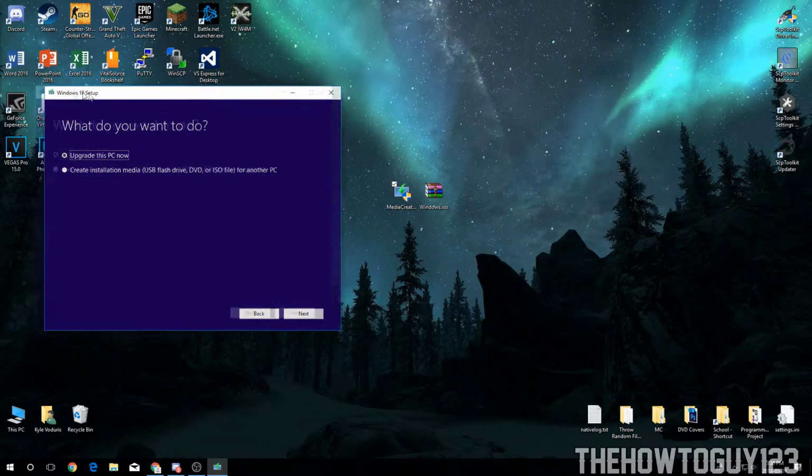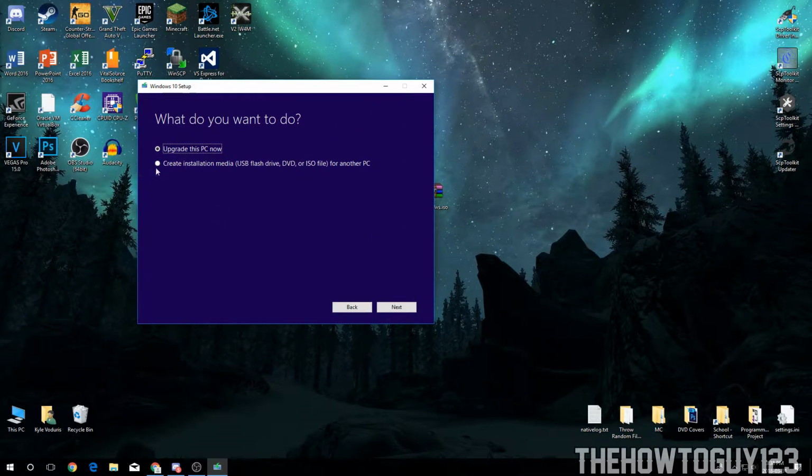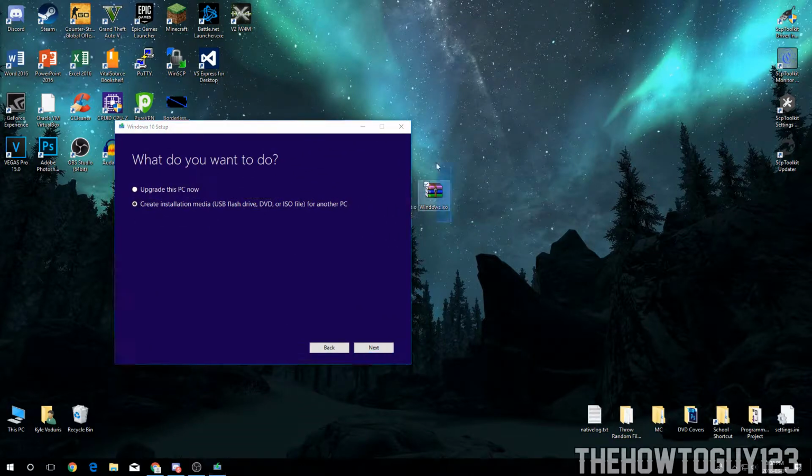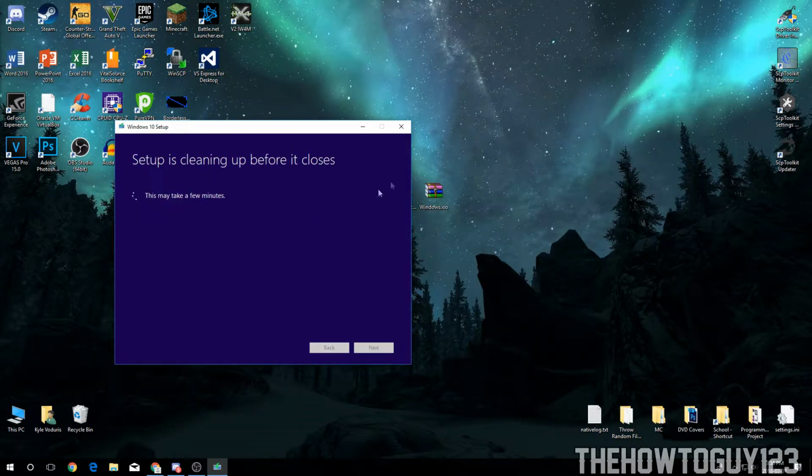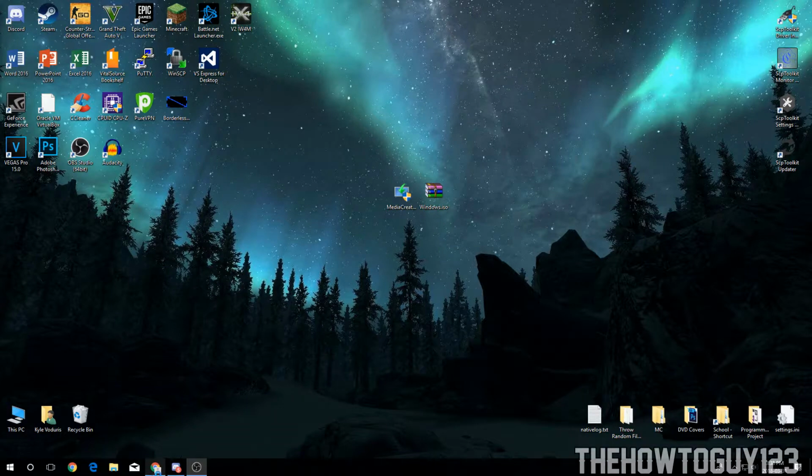So under what you want to do, make sure that you click create installation media, ISO for another PC, and then just go through the whole setup here to download Windows 10, and it should take about, I think, 5 minutes for me. So I'm just going to quit here, and then we're actually going to go ahead and download